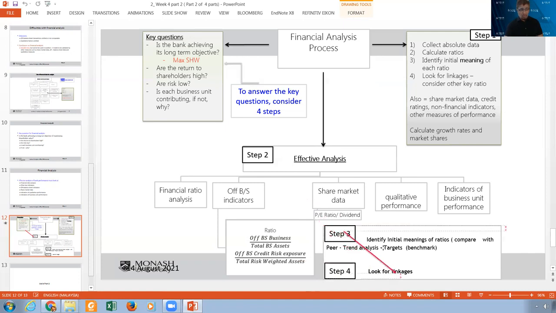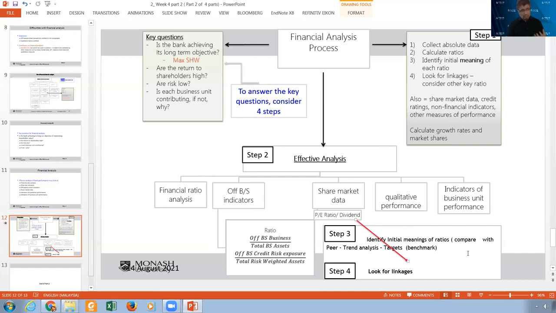And we have to look for linkages, because as I told you, we can do very well compared to the trends, compared to the peers, and according to the targets. But at the end of the day, are we doing all this